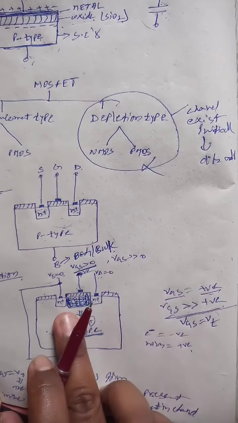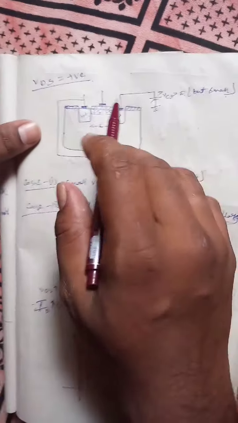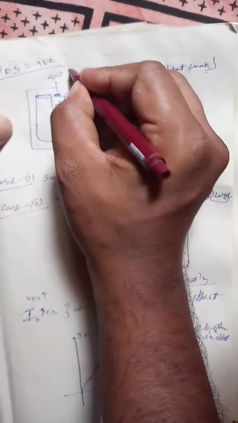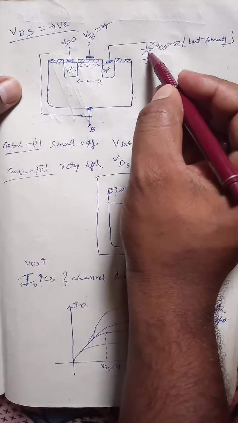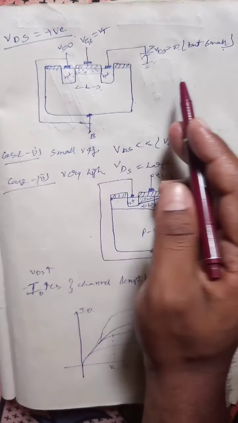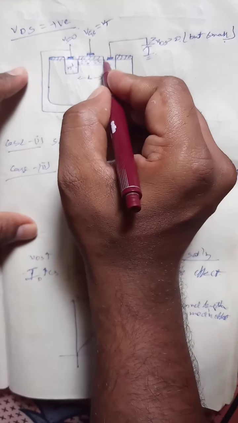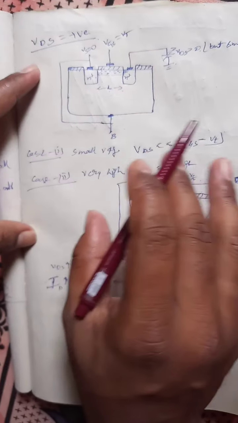After forming this particular channel, next we are going to do the operation in further techniques. In the previous operation, at the source terminal we had not given any input. So this gate voltage will be equal to the threshold voltage, and we are going to give positive voltage across this drain terminal now. After giving positive across the drain terminal, what happens? Let us see here. This L is nothing but the length of the channel. The width of the channel we are going to take from here.